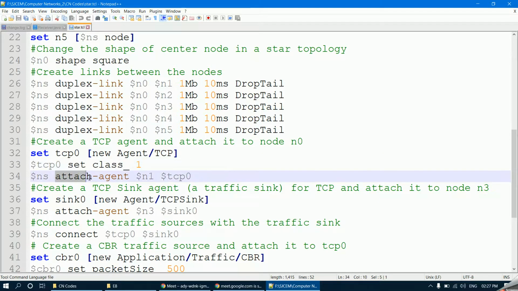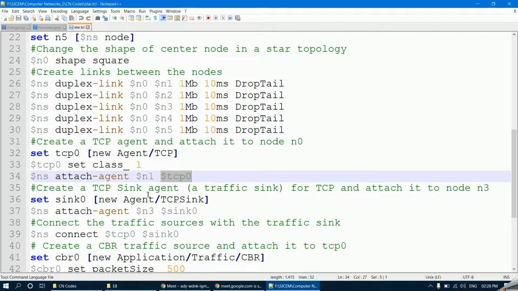That is why we use the keyword attach-agent to your node 0. ऐसे you can attach the agent to any node, not necessarily to node 0.